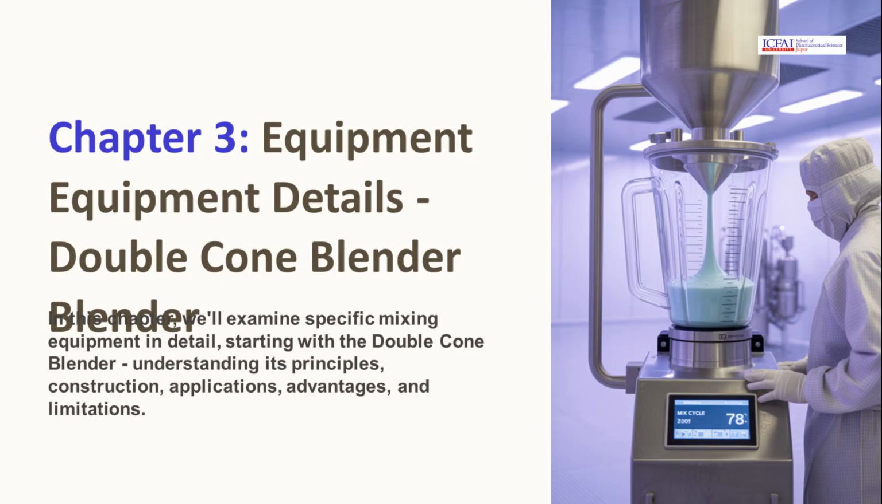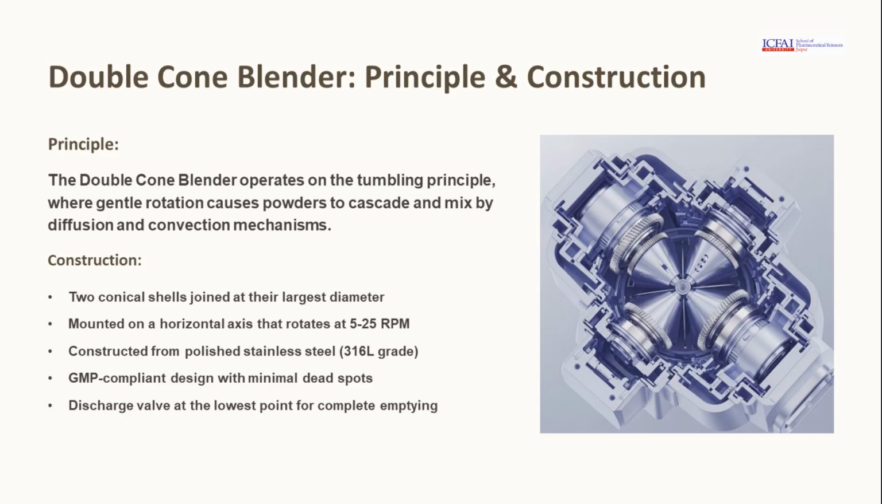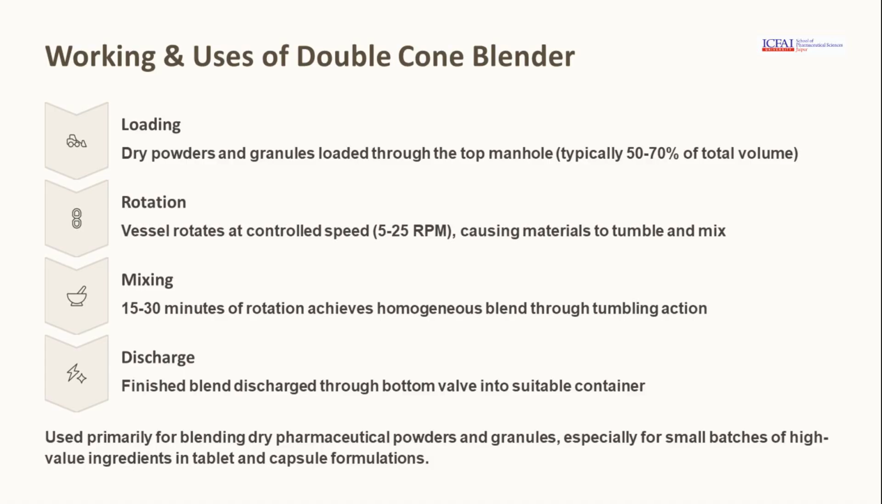In Chapter 3, we delve into specific mixing equipment, starting with the double cone blender, examining its principles, construction, and applications. The double cone blender operates on the tumbling principle, using gentle rotation to mix powders through diffusion and convection mechanisms. The double cone blender is used for blending dry powders and granules, achieving a homogeneous blend through controlled rotation